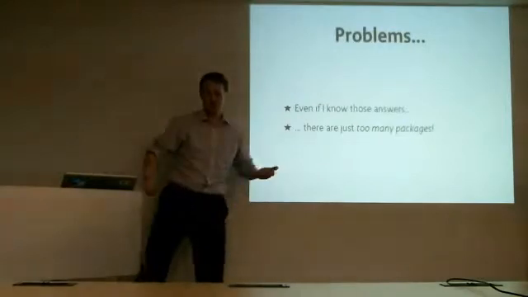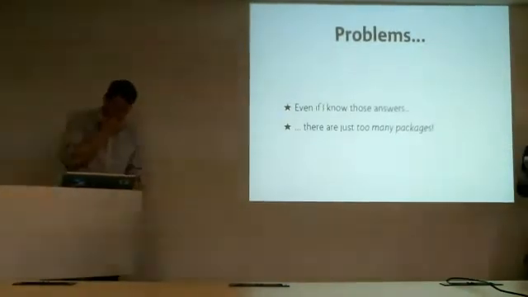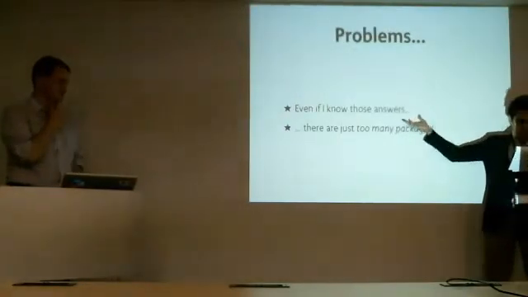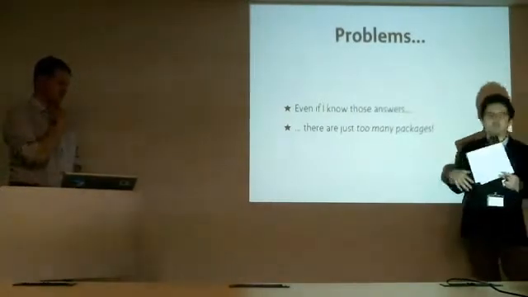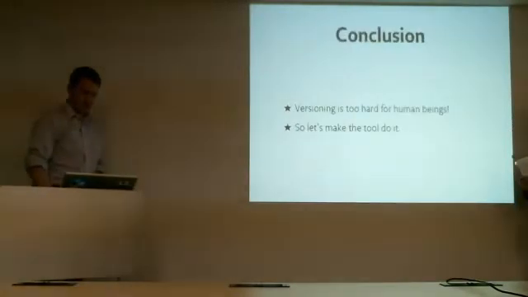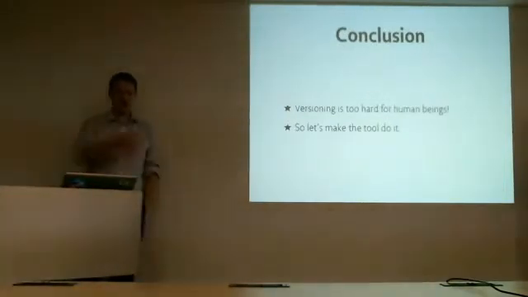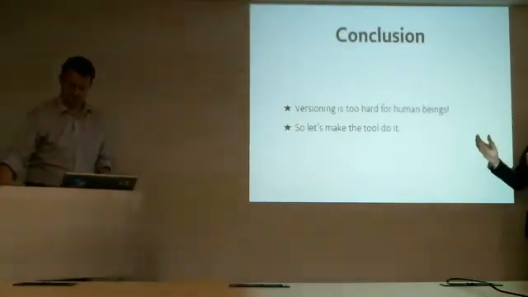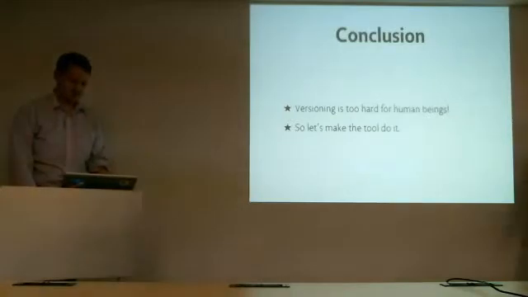I know the rules, but applying the rules consistently and reliably every time is very hard because there's just so many packages again. 先ほど言った通り、バージョンというのは開発者同士のコミュニケーションの手段なので、答えを知っておくことは非常に重要です。それに従うことも重要なんだけども、それはとても難しいものでもあります。なぜかというと、パッケージが非常に大量にあるからです。So the conclusion of this is that versioning is too hard for human beings to do. So we need to make a tool that will do this for us, that will manage this for us. ここまで述べてきた通り、バージョンをどう使うのか、どうつけるのかということは、人間にとっては非常に難しすぎる課題です。じゃあ、ツールにやってもらいます。